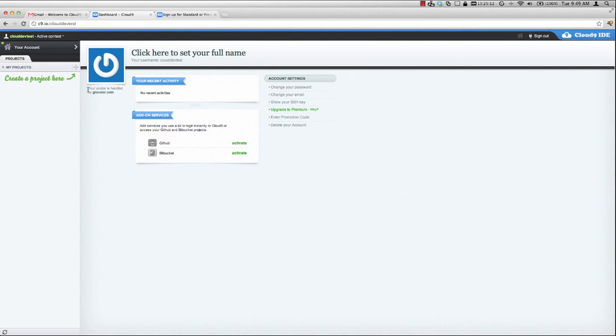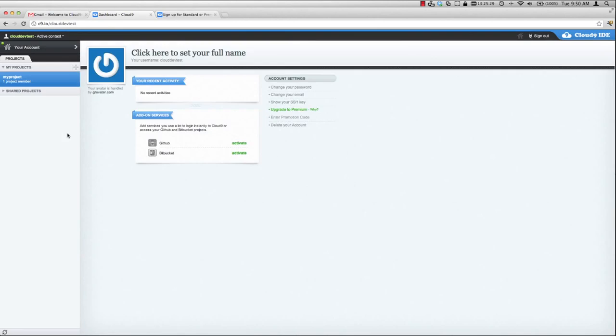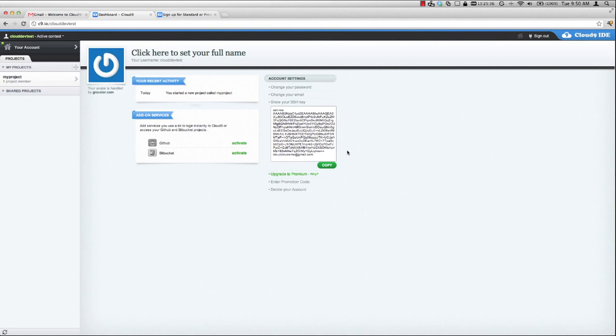So let's go ahead and create a new project. Make sure that you specify it as a Git project and put in your project name, my project, and we'll go ahead and create that. Another thing to note is that if you click on your account and show your SSH key, this is your public SSH key. This is what you'll need to use to interact with OpenShift. So let's go ahead and copy that, and then head over to